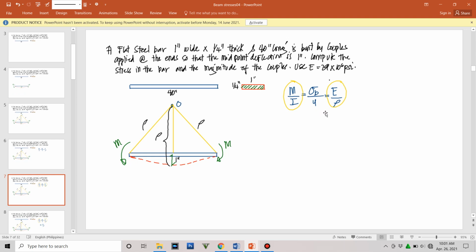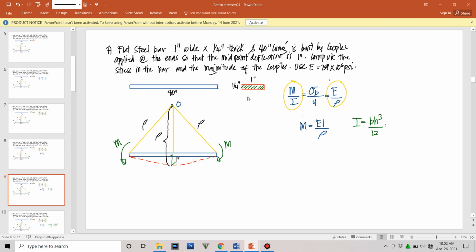So we're going to pair that with the side composed of moment divided by the moment of inertia, because here the unknown is the moment, and I could be easily derived because we have the cross section. So by cross multiplication we will have an equation equivalent to M is equal to EI all over rho,